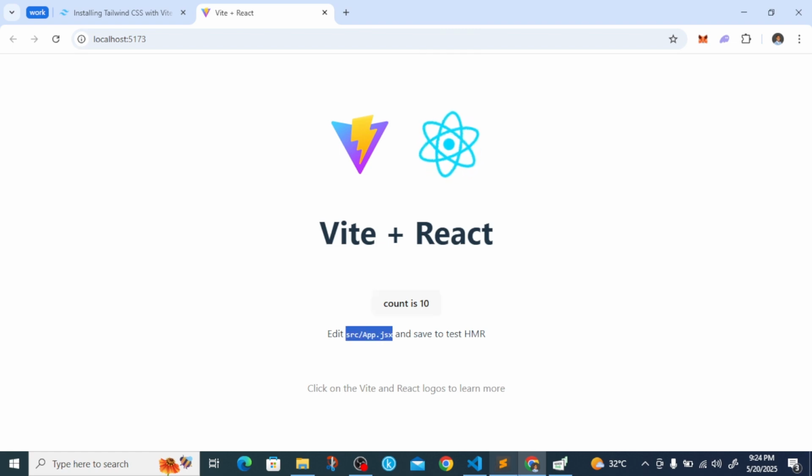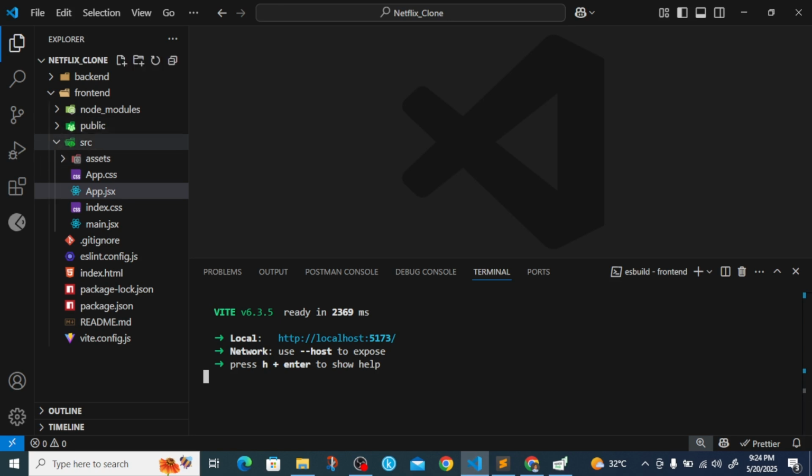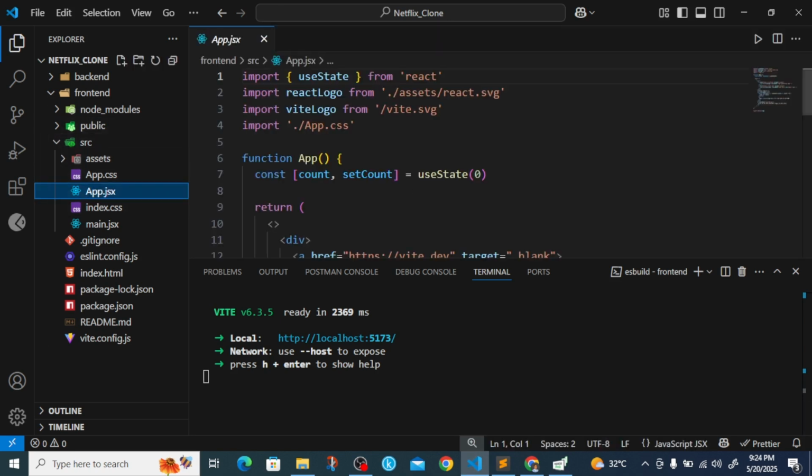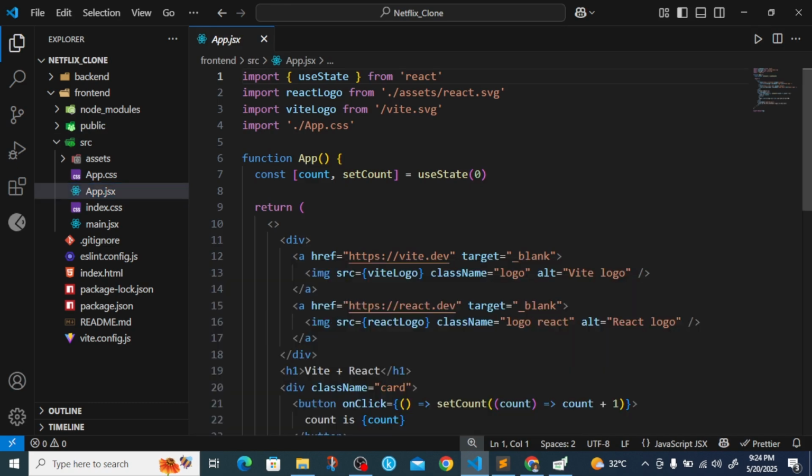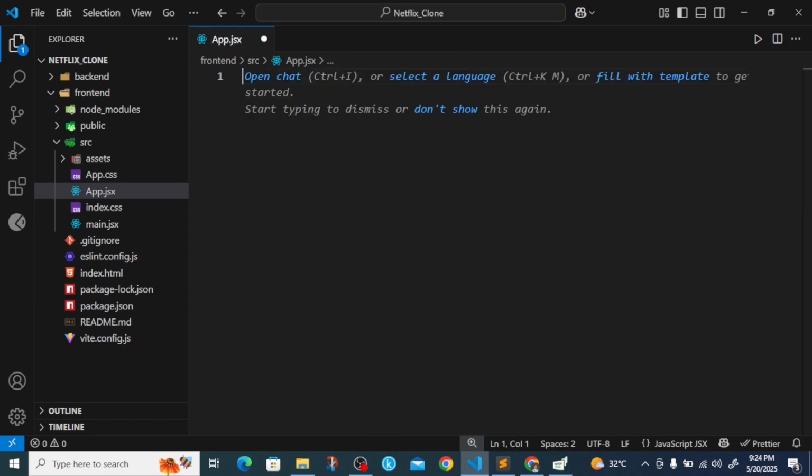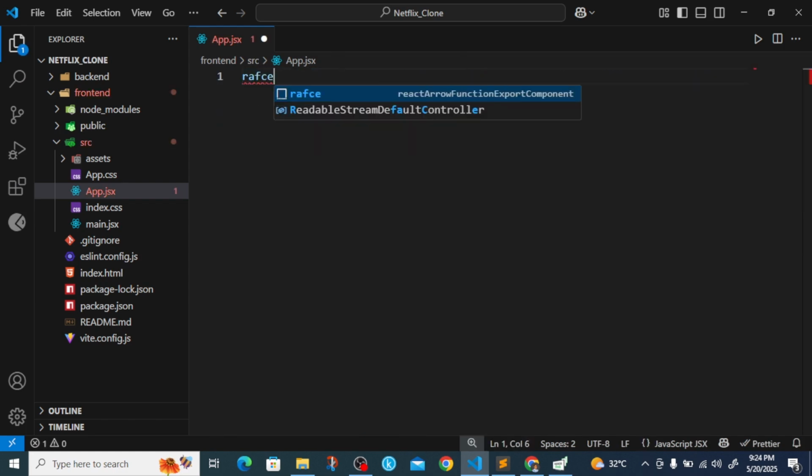So to edit this, we have to go to src/App.jsx. So let's find that. This is our source folder, and this is the App.jsx. So we can just close our terminal. To close it is the same way you opened it, Ctrl J to close it. So we can just Ctrl A everything, then you remove it there, and then type rafce to bring out